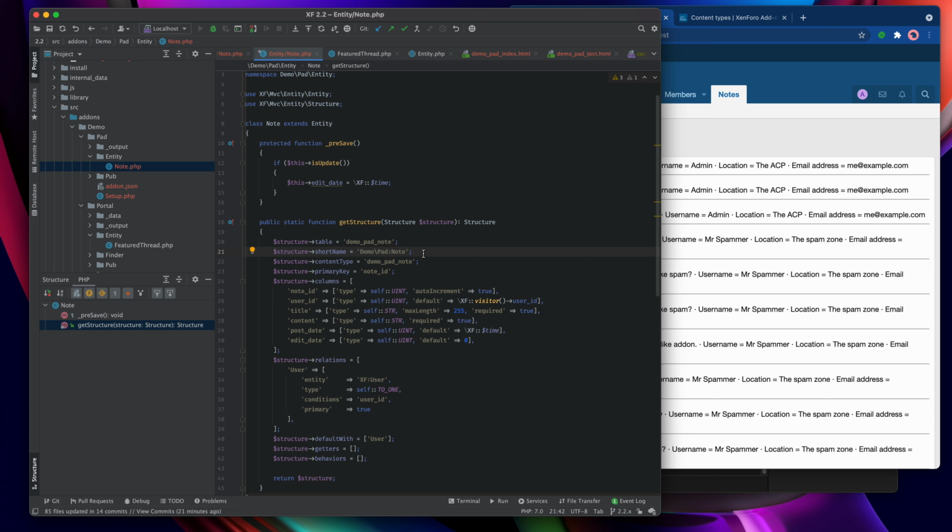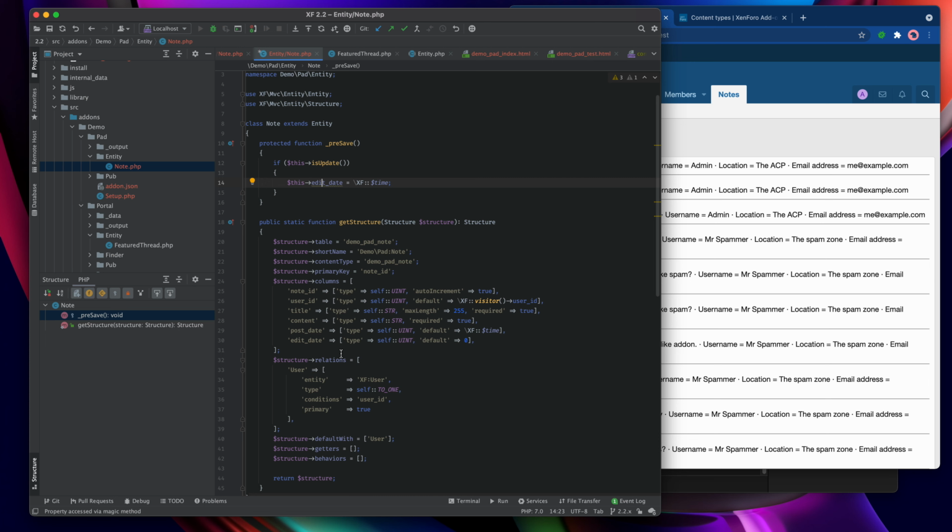So having fixed that, let's move on to the next issue that I've noticed, which is something that you will encounter yourselves, namely that this edit date that I've got here is currently being indicated as unknown. The IDE has underlined it to tell me that it doesn't understand that that's part of this class. But thankfully we have a tool to fix that. And if you remember back when we were working with the other entities and I told you to use PHPDoc, the reason that that works is because the entities have a PHPDoc descriptor, and we're going to generate that now automatically.